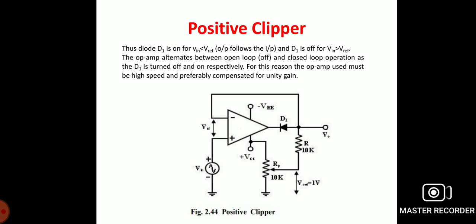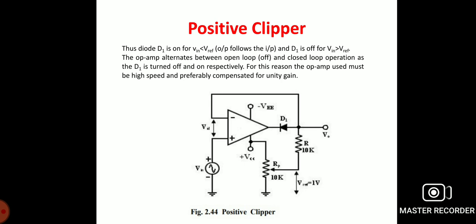That is, the reference voltage is less than the input voltage. The output voltage has the portion of the positive half cycle above the reference voltage clipped off. So in this circuit, during the positive half cycle of the input, the diode D1 conducts only until the input voltage is equal to the reference voltage.